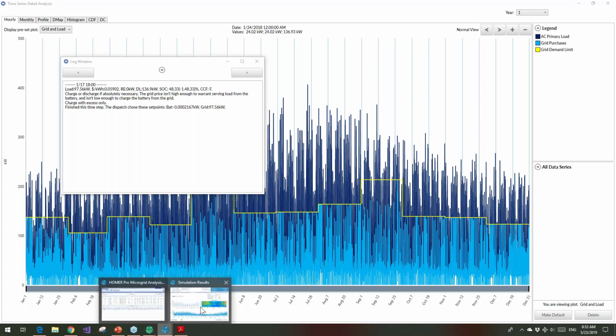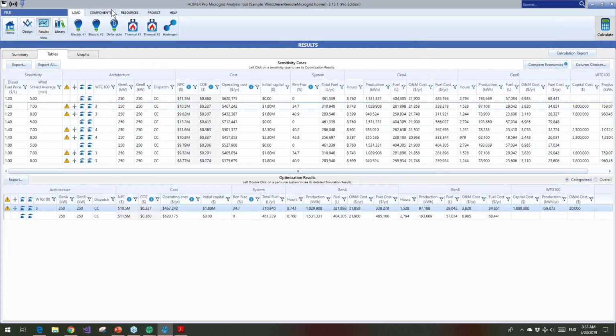On the other hand, HOMER Pro has a wider range of technologies that it considers. So if you're modeling hydrogen, and if you're modeling off-grid systems, that's really where HOMER Pro excels. So they're different tools for different applications, and we will continue to develop both of them